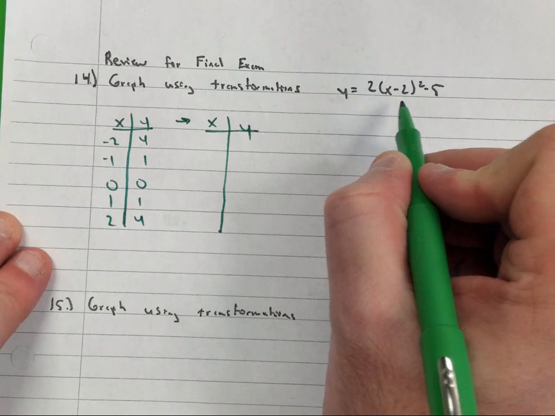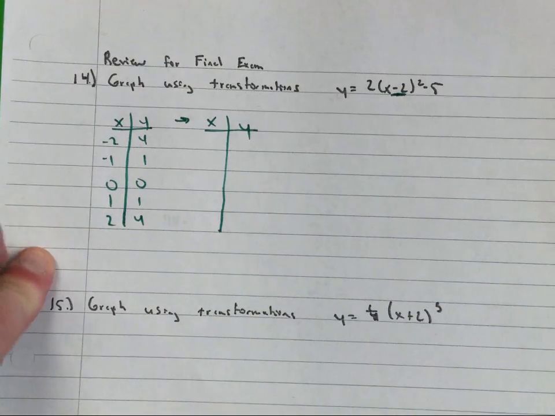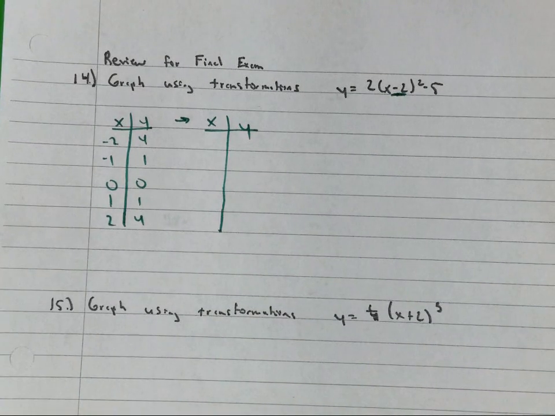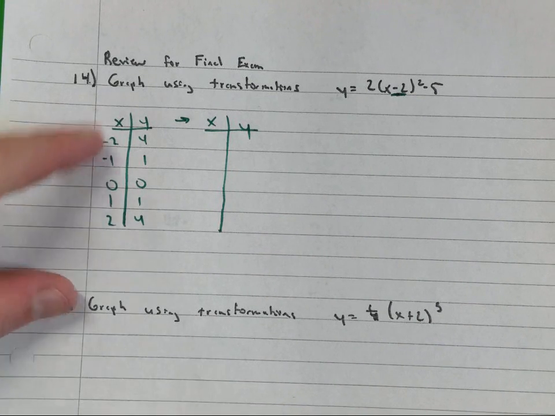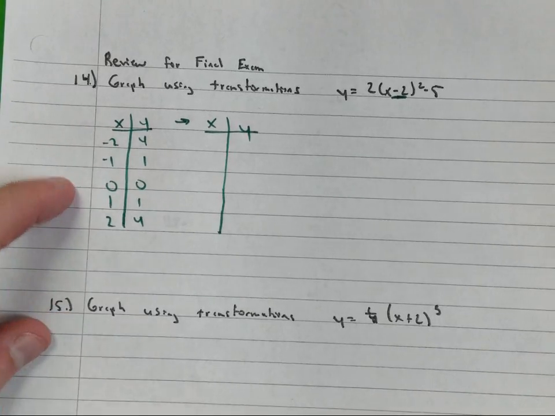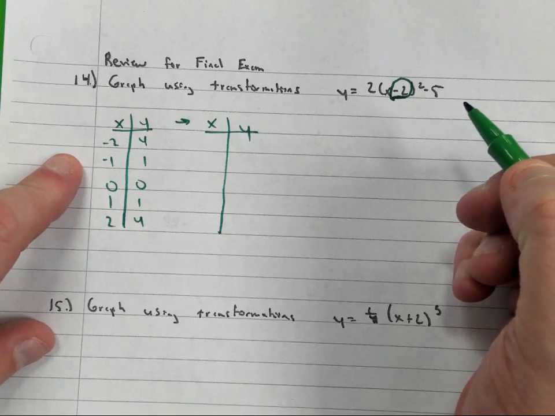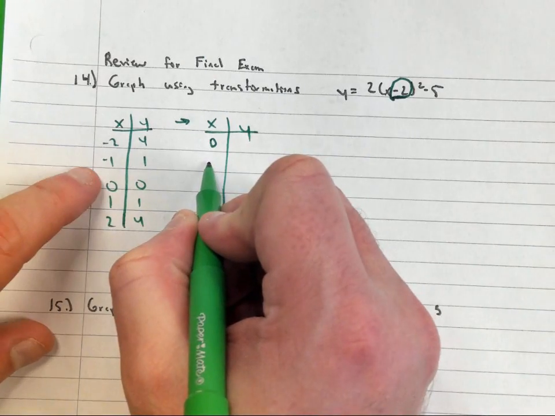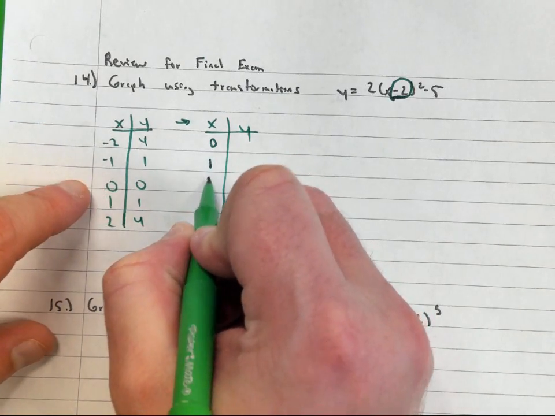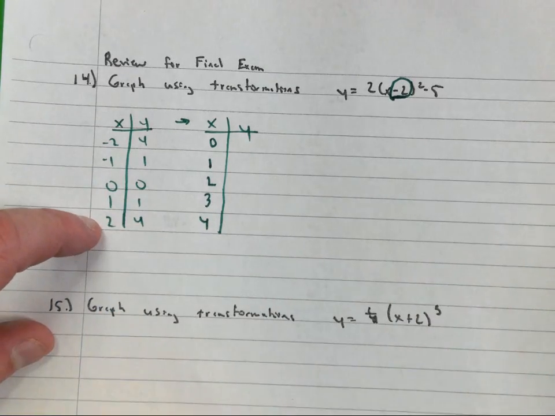Okay, work from inside out. What does this minus 2 affect, guys? It affects your what coordinates? X. You're moving it right 2 or left 2? So what will I add to my x values? I will add 2. Positive 2, because it's opposite what you think. So it has to be 0, negative 1 plus 2 is 1, 2, 3, 4. Very good. So I'm done with that.